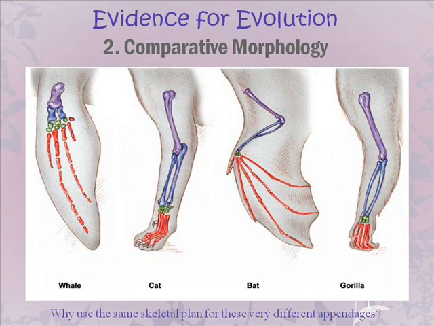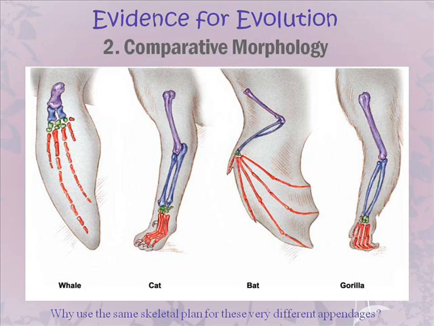When you start comparing the limbs of different animals, you start to notice some similarities. We call this comparative morphology. We also call it homologous structures, and that's something you'll learn about a little later in the unit. But here you have some organisms that have different limbs, but if you look, the bones are colored in a way so you can see that each of these limbs start with a big, strong bone. Next come two smaller bones, then a set of green bones, and then groups of red bones. We just think that this is an interesting idea, and it leads to the idea that, hey, maybe we all